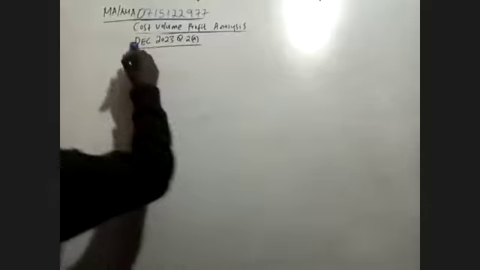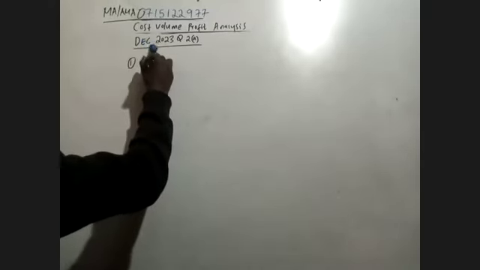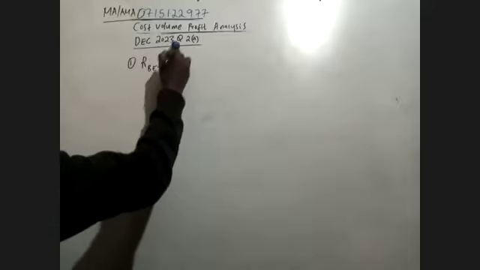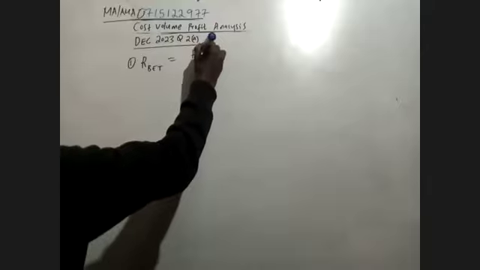Now, the management account of Alma Ltd provides the following profit statement for the year ended 1st October 2023. We have the revenue at 60, total cost 48, net profit is 12. Number 1, calculate the break-even sales. Number 1, break-even sales. Now, it is telling you revenue BEP. And you know this is fixed cost divided by